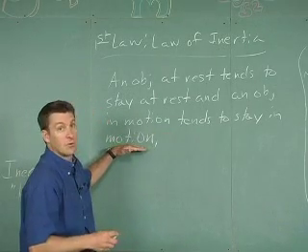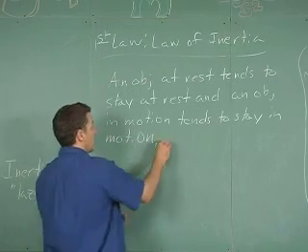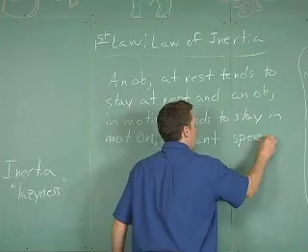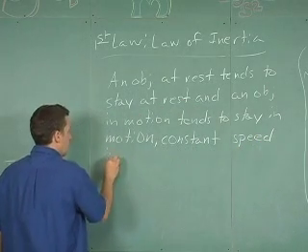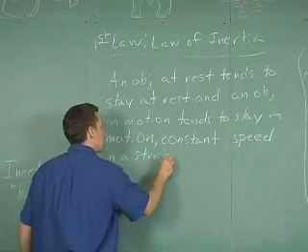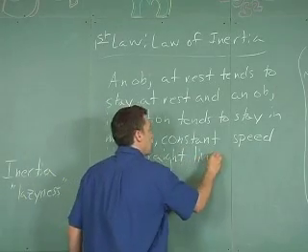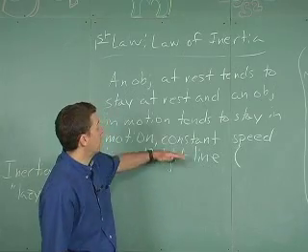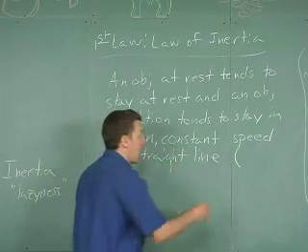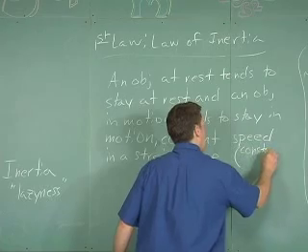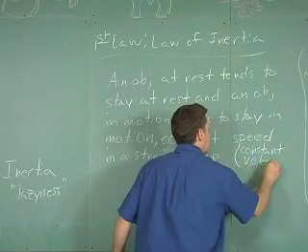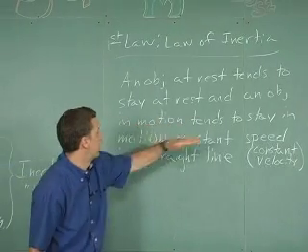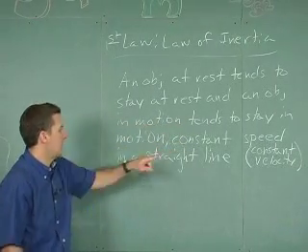He goes on to formally describe what kind of motion. And by motion, he means at a constant speed in a straight line. And from our previous definitions, we can refer to constant speed in a straight line as constant velocity. So an object in motion tends to stay in motion at constant speed in a straight line